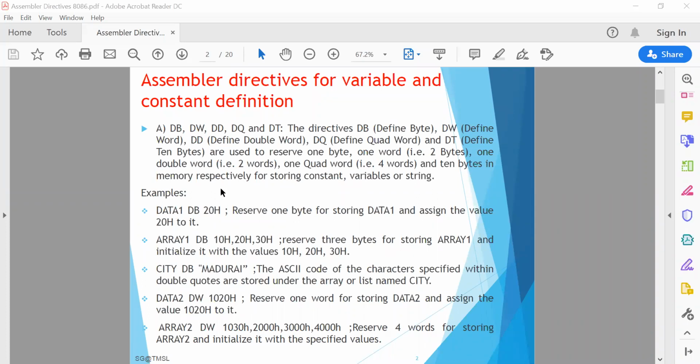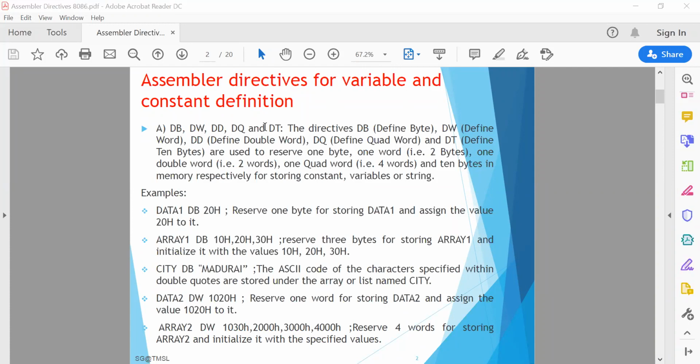These DB, DW, DD, DQ, and DT assembler directives are used to give a name to a variable. Actually, they are used to reserve byte or bytes of memory locations in the available memory. While preparing the execution file, this directive directs the assembler to allocate the specified number of memory bytes to the set data type.